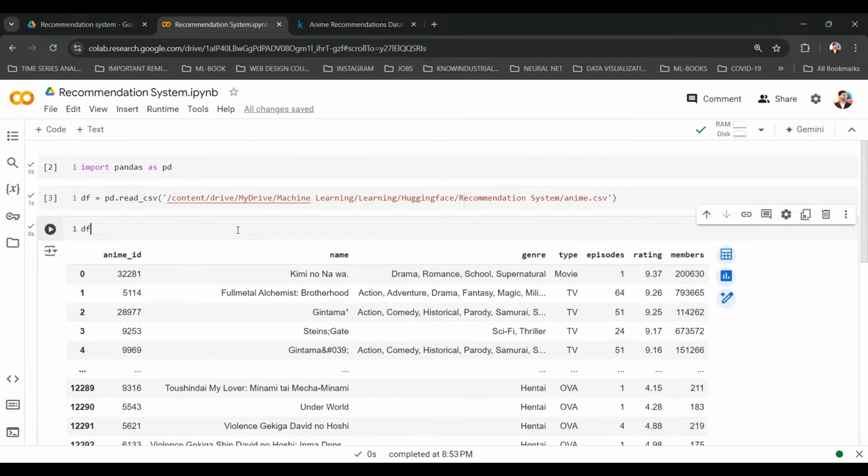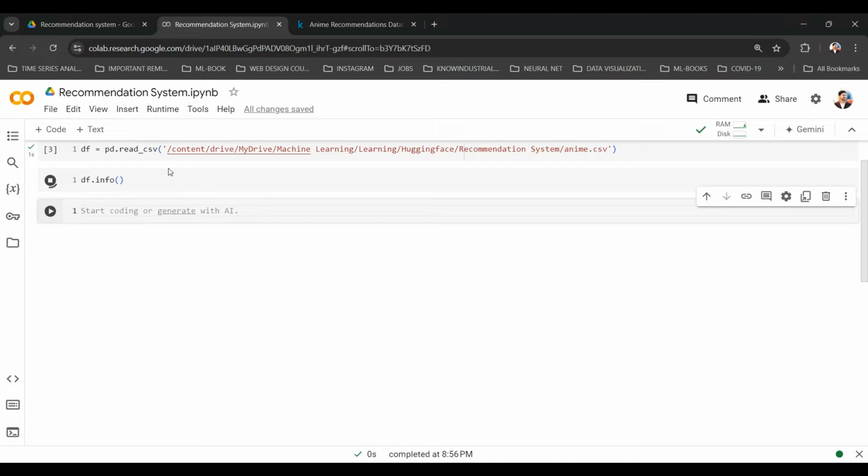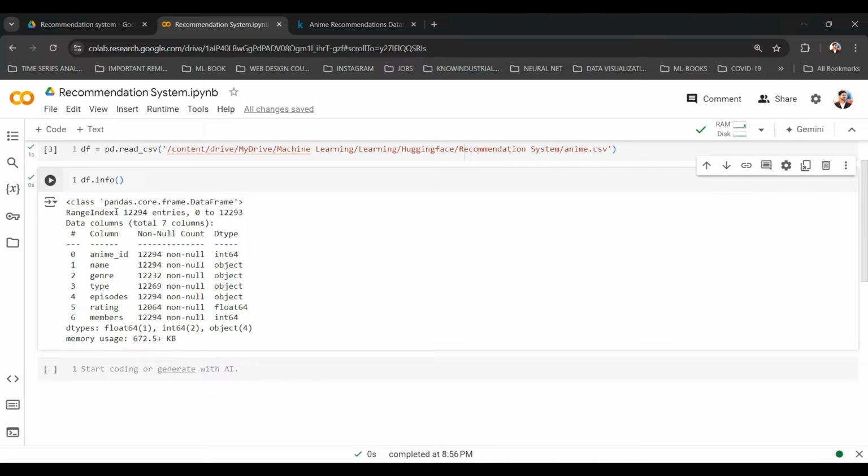So let us create a unique... okay, before all of these things, we need to see the information of the dataset, right? So we will say info, because we want to know if there are any missing values. As you can see, there are a total of 12,294 entries, and in the genre column there are missing values. So this is an important column for us. This is probably the only column that we will be using for training, making the model. We don't want to miss any data here. So for the purpose of this project, I'll just be dropping it.